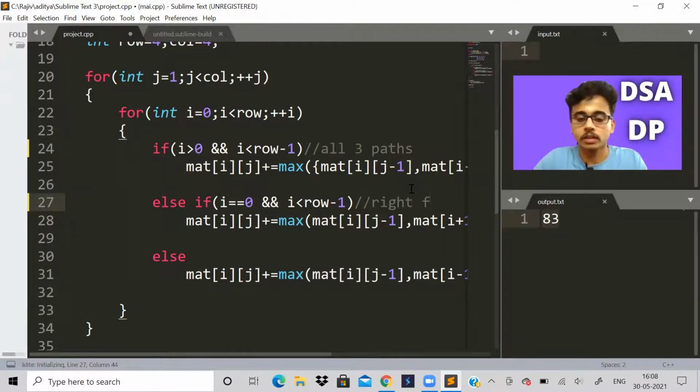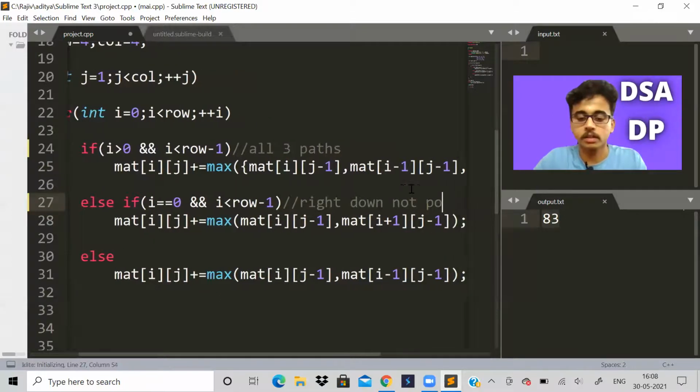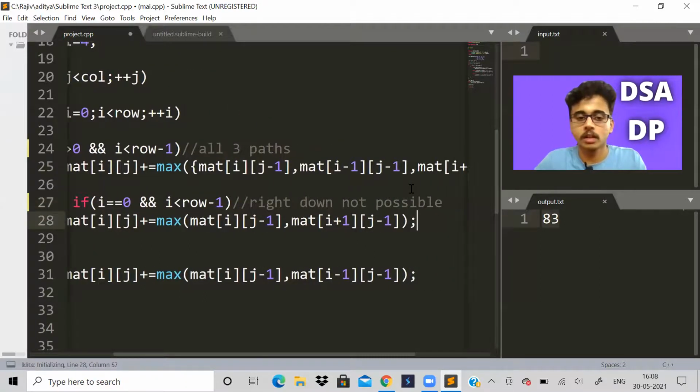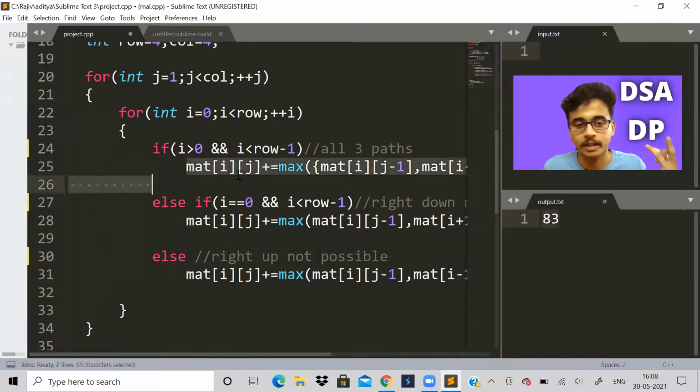And over here, you can guess, right up is not possible. That means it is in the last row. So just find the valid points, get the maximum of all the possible values, and add it to the matrix.